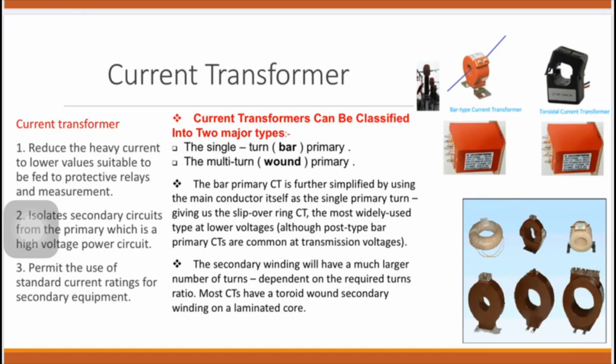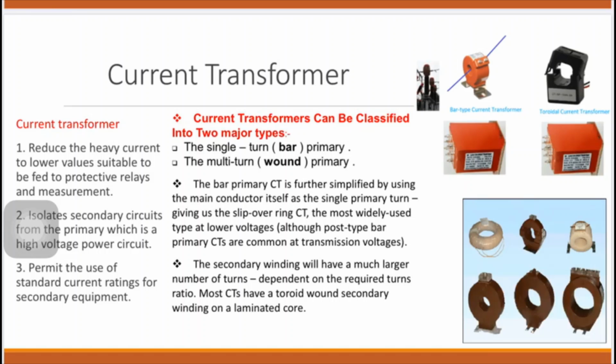The level of voltage is very high, and the insulation has to withstand that much voltage. So there is a technique: by connecting a current transformer to the high voltage circuit, we can measure the high voltage current